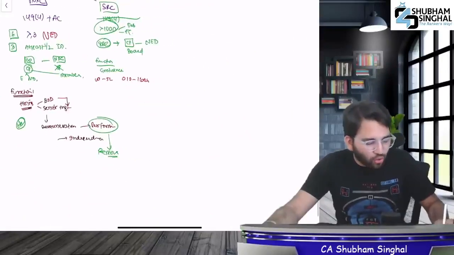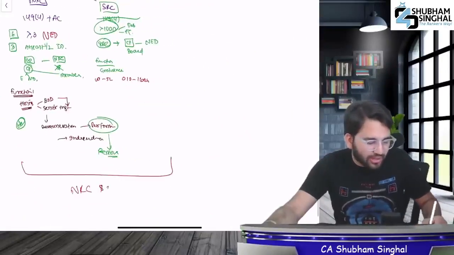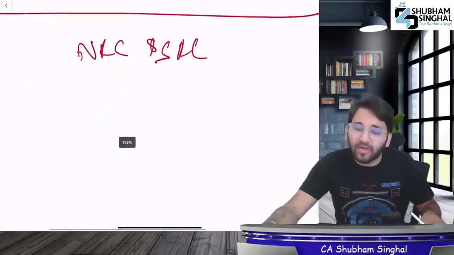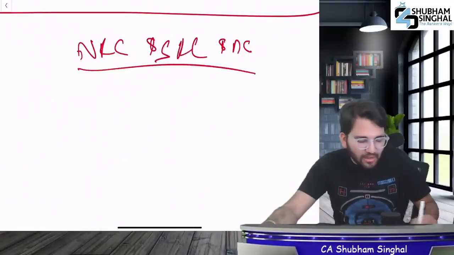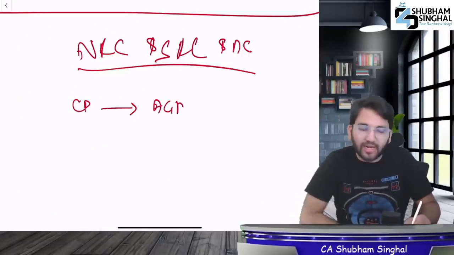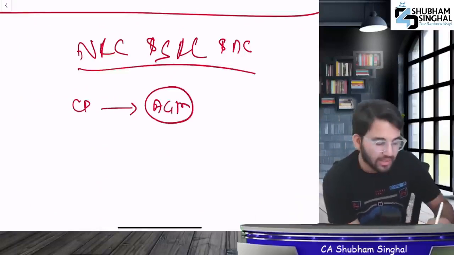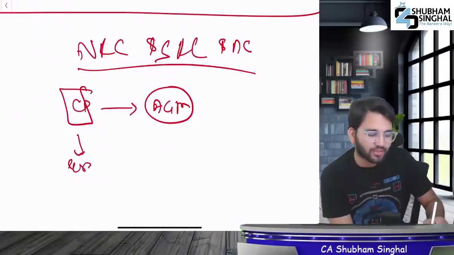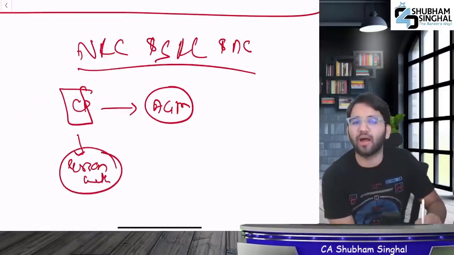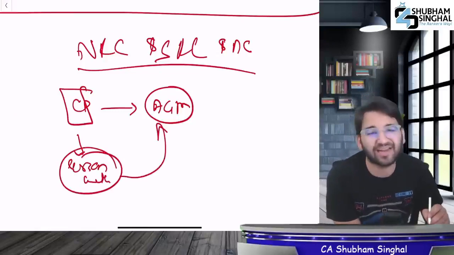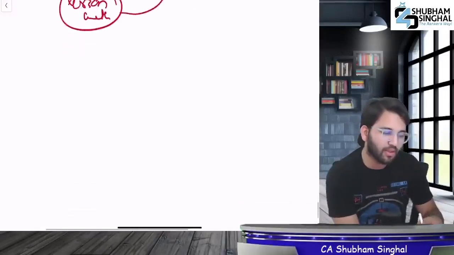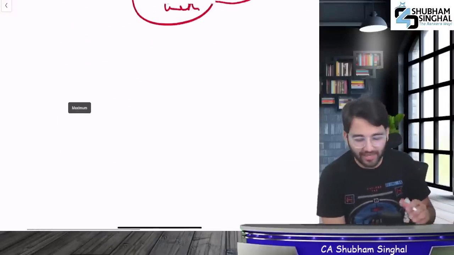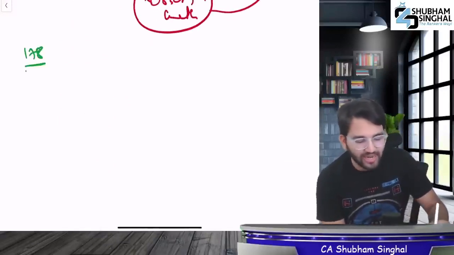I'll tell you some common points. These two committees, NRC and Stakeholder Relationship Committee, and in fact the Audit Committee too, their chairperson will be required to attend the annual general meeting, and he will need to answer as well. And if the chairperson is not available, then some person authorized on behalf of the chairperson will have to attend. So that person has to attend the meeting and answer the shareholders. Clear? This was about 178.